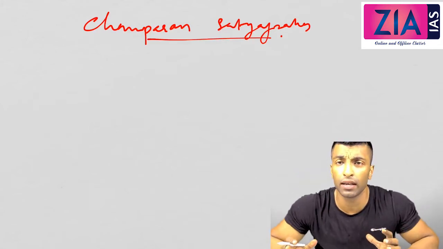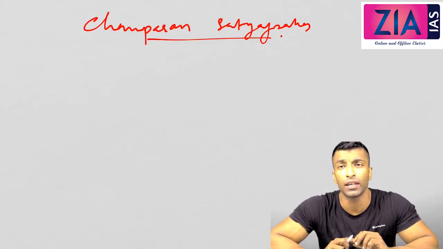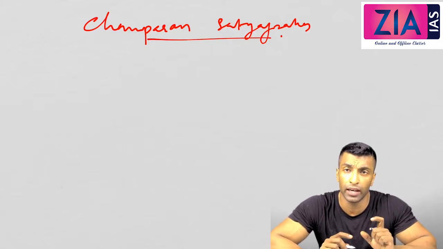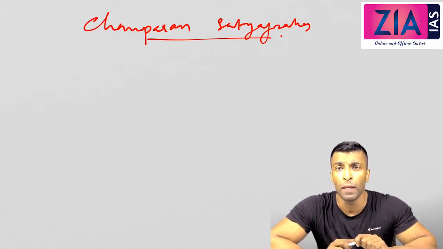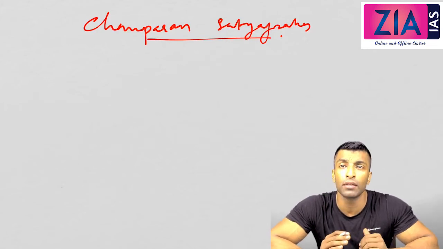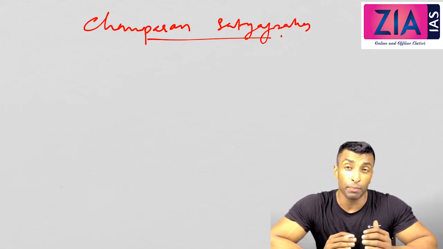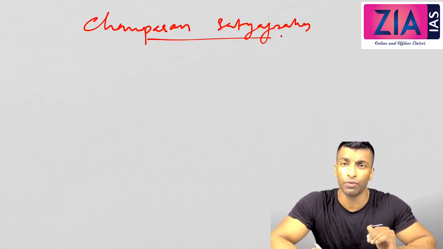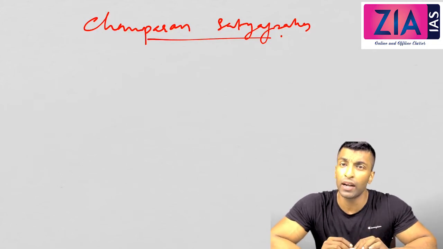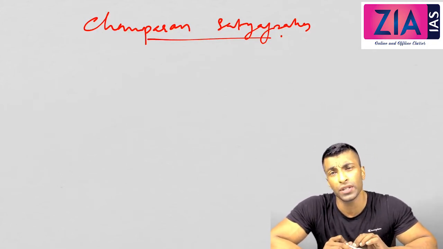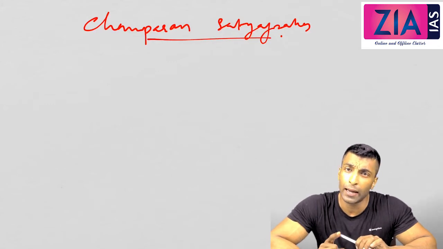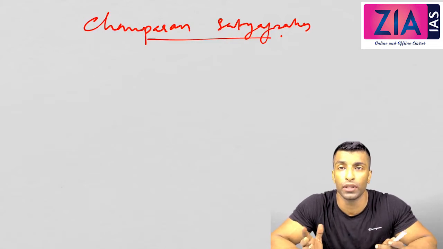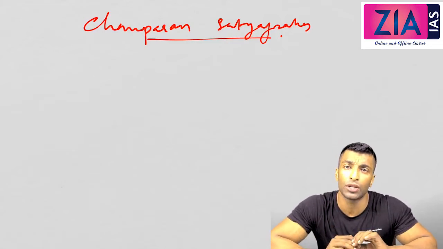Actually, the Champaran Satyagraha is related to indigo cultivation. Rather, it was a kind of forced indigo cultivation. What is indigo? Indigo is a natural dye which is used in the textile industries. But during this time, Germany started producing a synthetic dye which was cheap, so the prices of indigo came down. It was very difficult for the peasants to cultivate indigo. Firstly, the prices came down, and secondly, the soil used for cultivation of indigo could not be used further for other cultivation, as its fertility would come down.